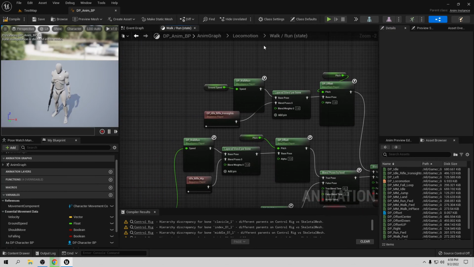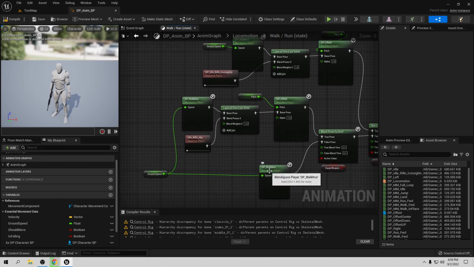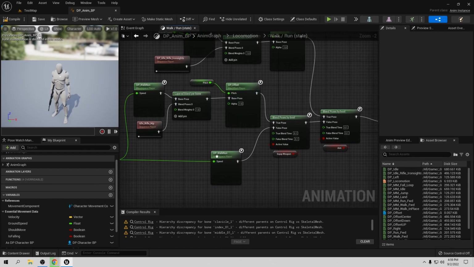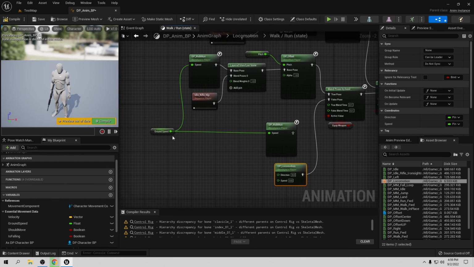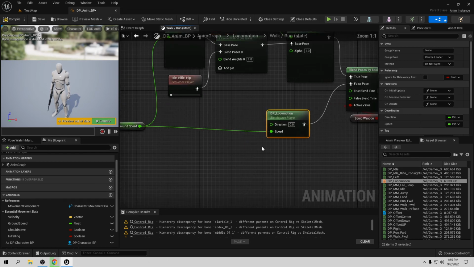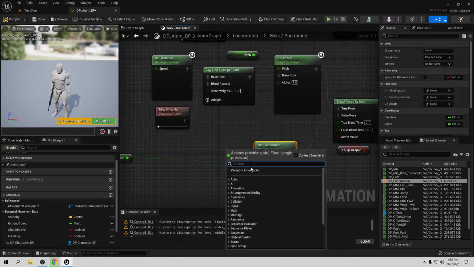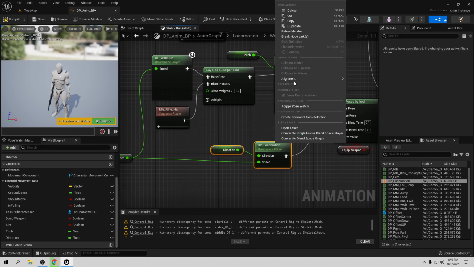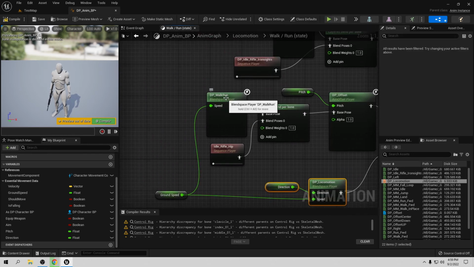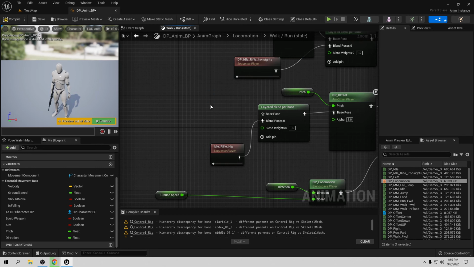And here we need to change all this time in walk and run. We want to change this walk and run for our new locomotion. So locomotion, let's put in here. Let's connect this to what it belongs. In the ground speed to the speed and direction. Let's delete the one now. So let's promote this to have that direction. So let's promote that. And we're gonna need this again. So let's copy and delete this one. Paste it here